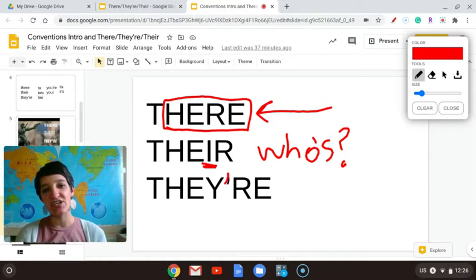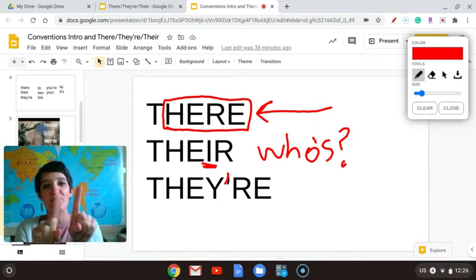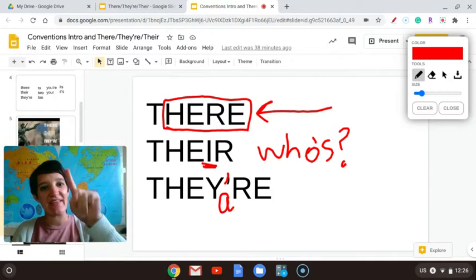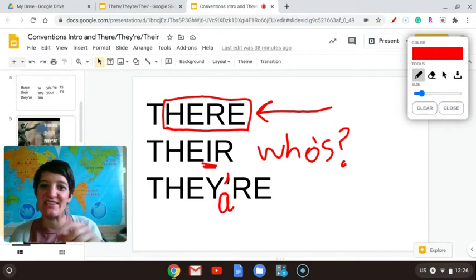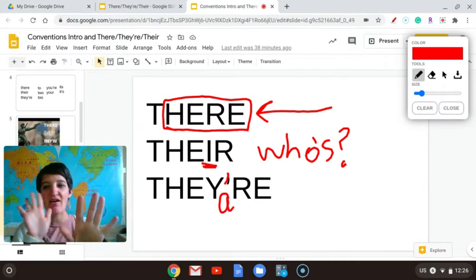Okay, the final there that we're going to talk about is the there with the apostrophe. Now, apostrophes are used in contractions. Contractions are when you have two words that you put together into one word. So this there is actually a contraction of they are. And when you have the apostrophe, that's telling you that it took out some letters and put the apostrophe there instead to be a little bit lazy. The apostrophe is replacing the A in the they are. So what works really, really well for me in knowing if it's this there is I restate the sentence with they are.